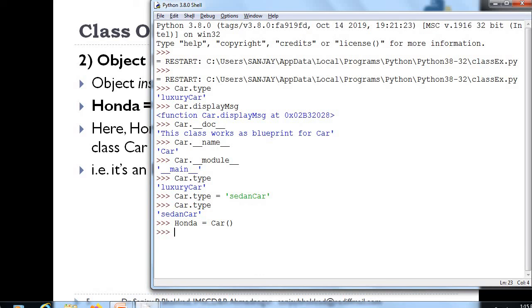As we studied, instance variables are specific to a particular instance. So when I say Maruti dot model name is equal to, this is a model name for my car, for instance object Maruti. If you want to print it, you can print Maruti dot model name and it prints. So here Honda and Maruti are the